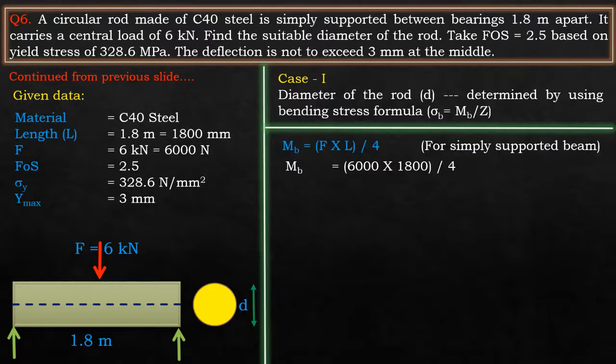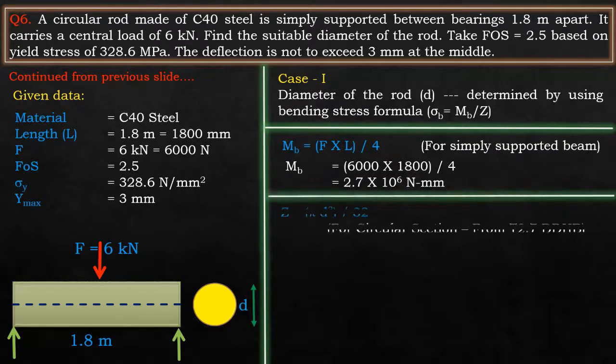The value of F is 6000 newtons and L is 1800 mm, divided by 4. So we'll be getting the value of bending moment as 2.6 into 10 power of 6 Newton mm. We can also determine the value of Z provided the diameter is given, but in this numerical the diameter is not given. So we'll be finding the diameter by using the equation for Z, where Z is the section modulus